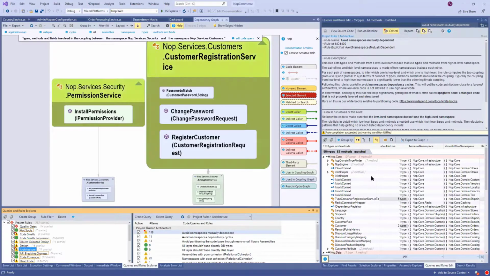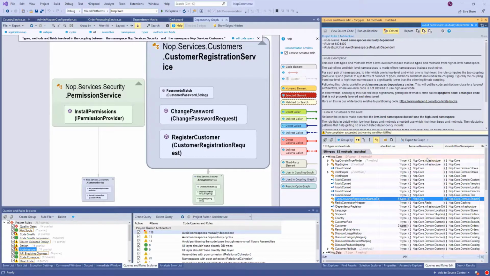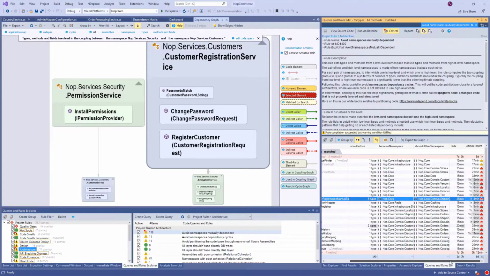And this rule has a heuristic that tells me that this type shouldn't use this type because this namespace shouldn't use this namespace. So basically, there is some kind of heuristic that tells you what to do, or at least which dependency you should remove to get rid of the dependency cycle.